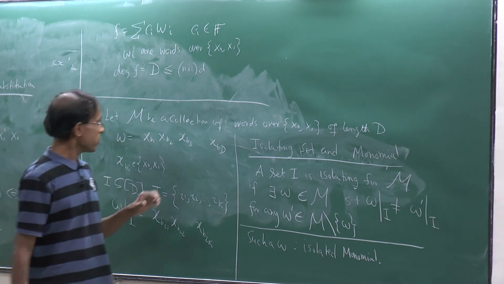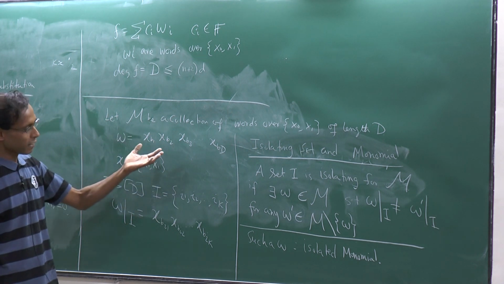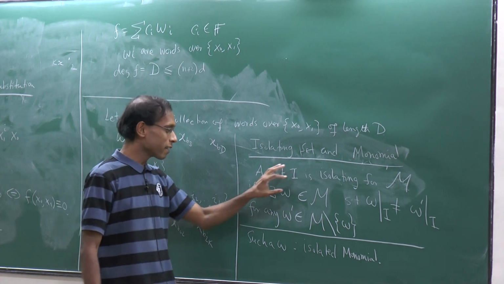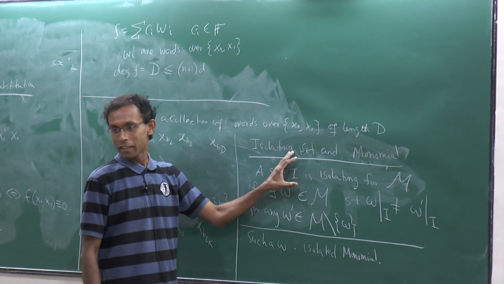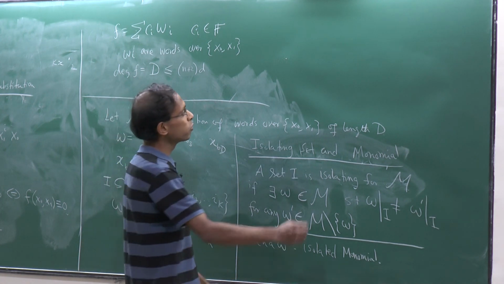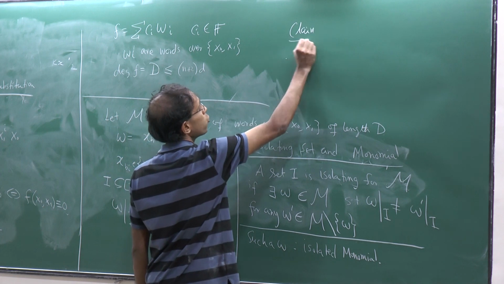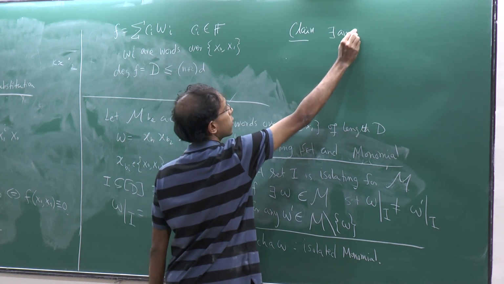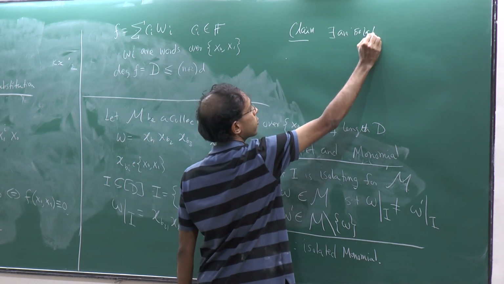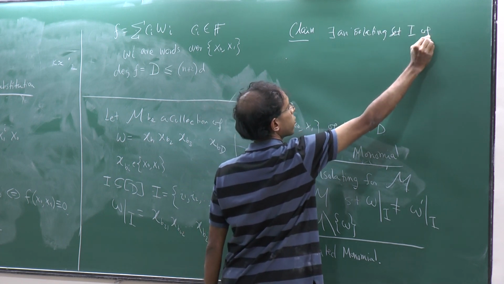Now, if I give you a collection of words, what is your guess of what could be the size of an isolating set I? It is very easy to prove that there exists an isolating set I of size